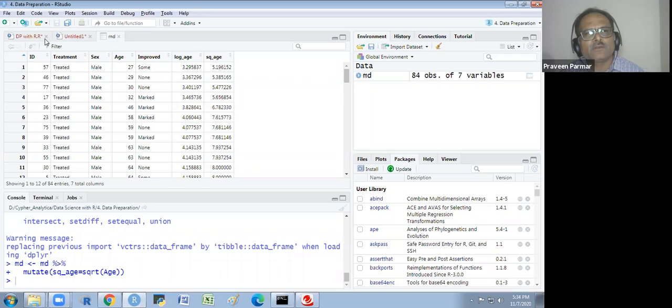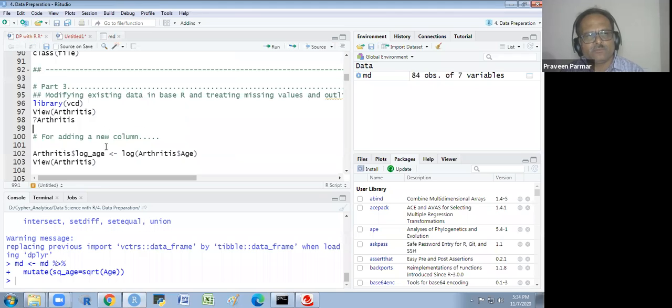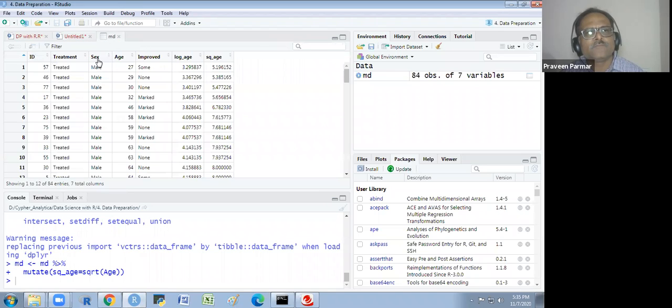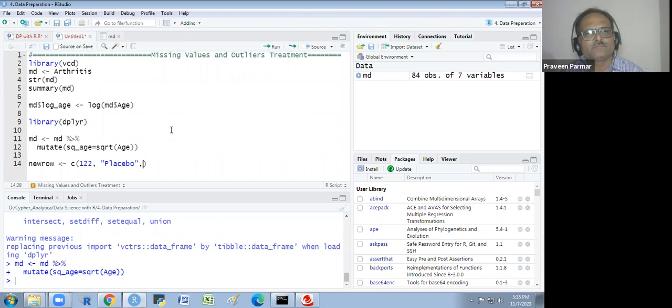Then treatment, I want to put the placebo. And third is what? Gender. Is it capital or small? Capital.